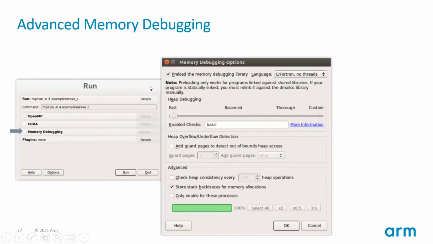So when you're running a code, you just tick our memory debugging box, and there are different settings that you can change for heap debugging: fast, balanced, thorough, and custom. As you go from left to right, you incur more and more checks on the code itself. But there is a performance penalty, right? Because there's a penalty in terms of bookkeeping, because we're keeping track of more information, and there's a performance penalty in terms of speed, because we're having to sift through a lot of information and keeping track of what's being allocated where. So we typically recommend that you actually start with balanced